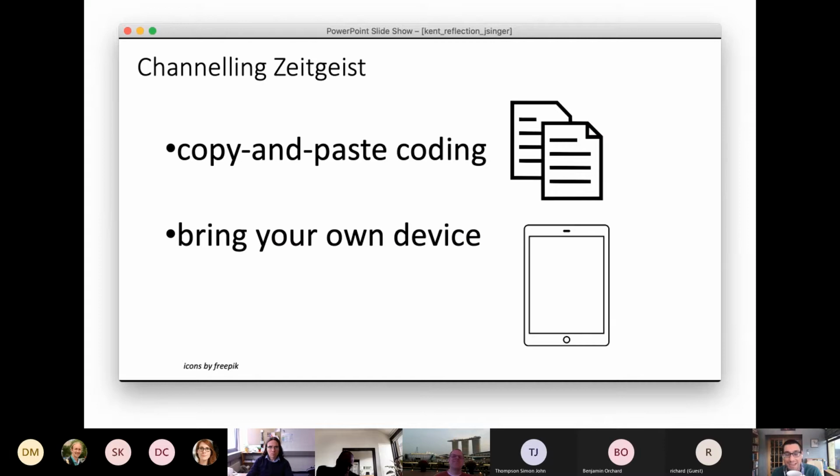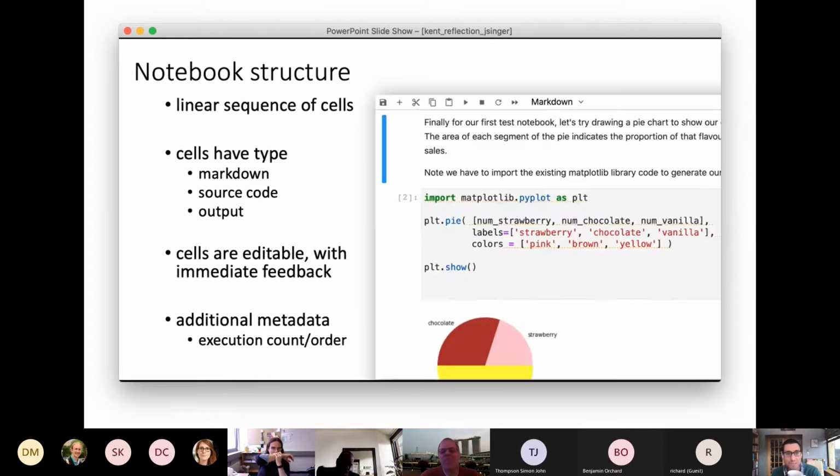So we were talking before about how students today like Stack Overflow. Students today like these things as well, copy, paste coding, which is very much facilitated in the Jupyter system. You have these little fragments, these little snippets of code, which you can copy from one box to another and from one notebook to another very easily. Also, the idea of bring your own device, you effectively just need something with a web browser. That could be your smart fridge, just as much as your gaming laptop, and you can code on such a device.